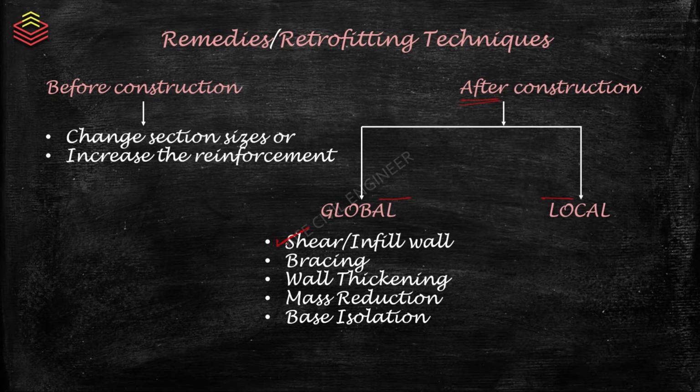Shear wall is basically concrete, and infill walls you can either make brick wall or some higher stiffness material, compared to some cardboard walls or partition walls. So you can provide shear or infill walls, or else you can provide bracings, or you can increase the thickness of wall. This will help in increasing the stiffness of the wall as you increase the thickness. That may lead to higher moment carrying capacity because you are restraining the rotation or deflection of the column.